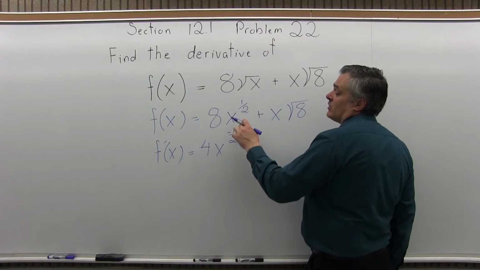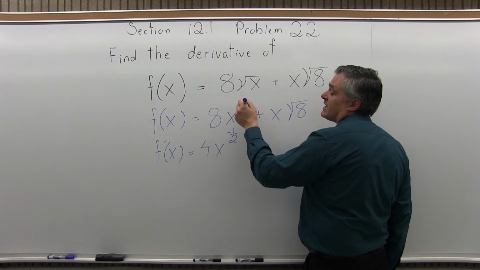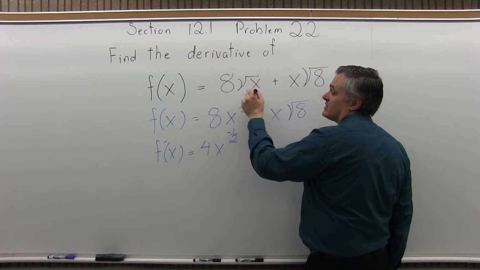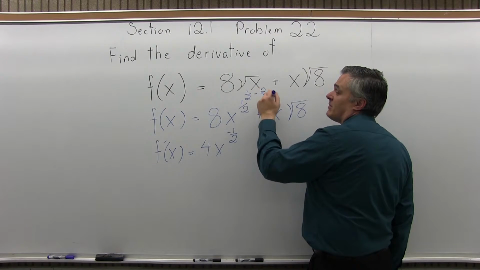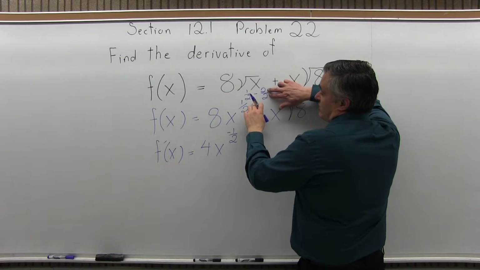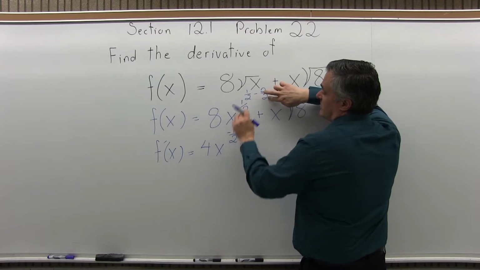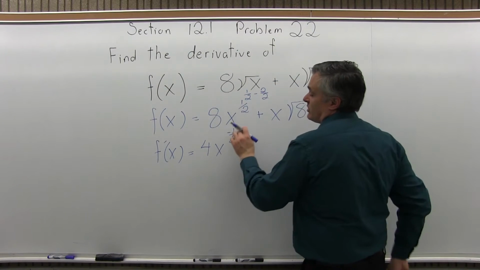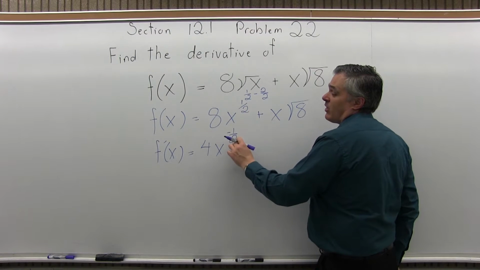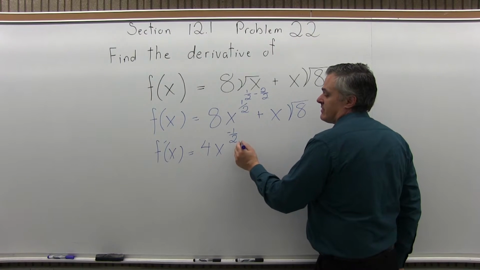Now again, when I do minus 1, I always say think of it as 2/2. So 1/2 minus 1 can be written 1/2 minus 2/2. The minus 1 written as a 2/2 gives you a common denominator of 2. The numerator is 1 minus 2, there's your negative 1. So when you reduce the exponent of 1/2 by 1, it comes out to minus 1/2.